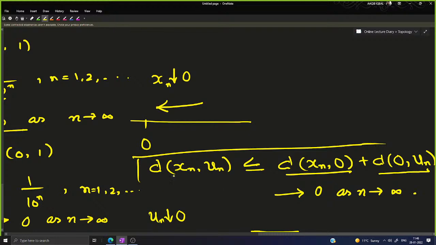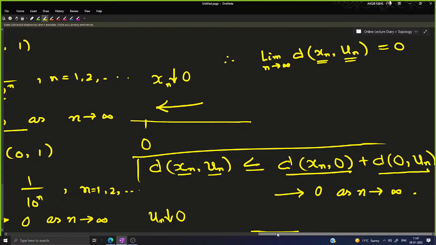तो देखिए मैं आपसे क्या कह रहा हूँ यहाँ पर, मैं आपसे कह रहा हूँ कि this point and this point, इनकी जो distance है, in the limit it is 0. आपको ये दिखा रहा हूँ. Limit n goes to infinity, the distance between xn and un is 0. So that means in the limit, this point xn and this point un are very close to each other.